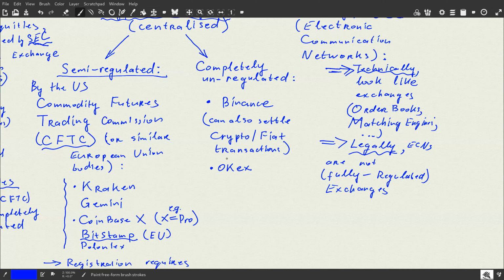Don't stigmatize it as it used to be. It is a more or less good exchange nowadays. What else? Bitfinex. I would put in this list